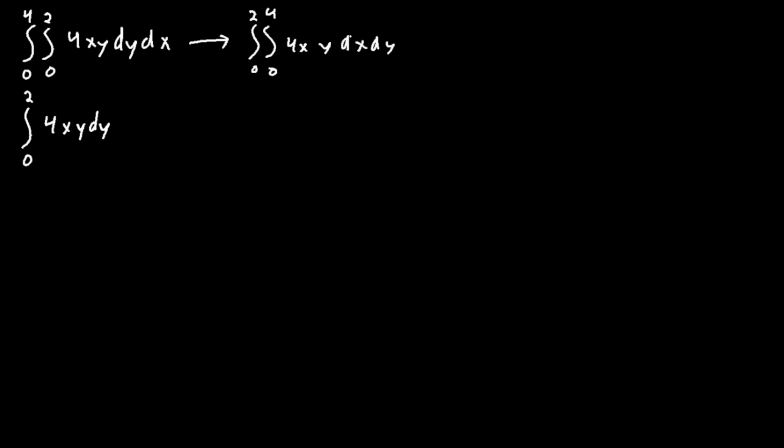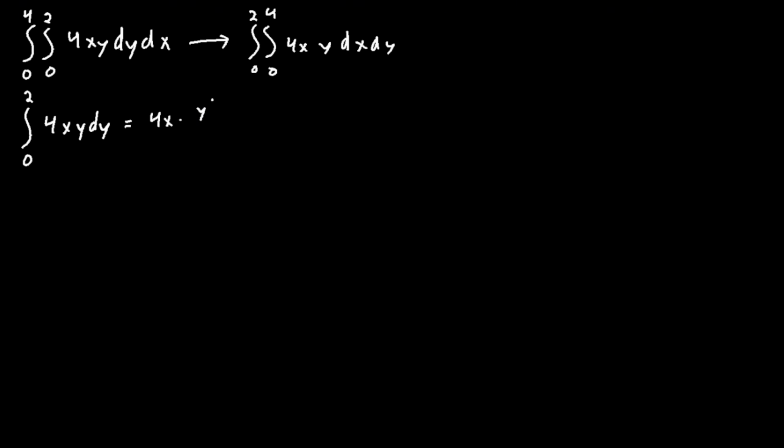dx dy. So notice how my dx bounds, 0 and 4, are now at the front with respect to x as well. So let's solve. Let's just keep going on with this. Let's solve for the integral of 4x times y with respect to y. So the integral of this would just be